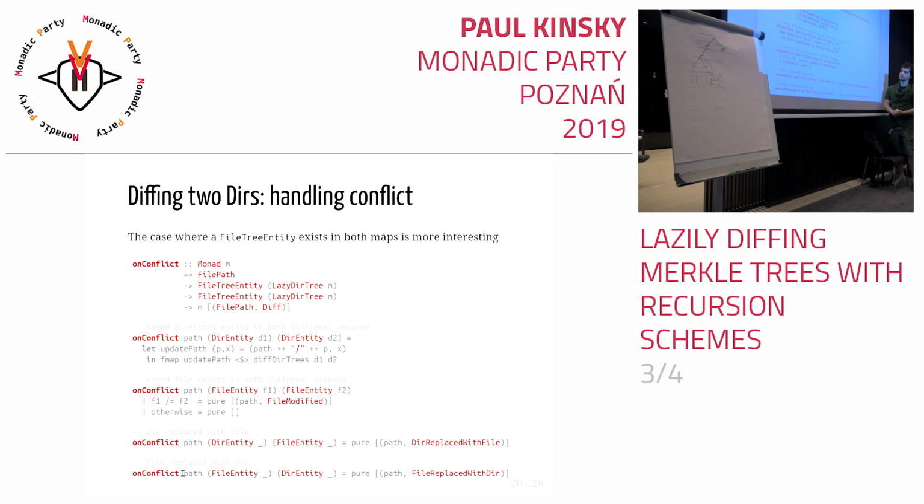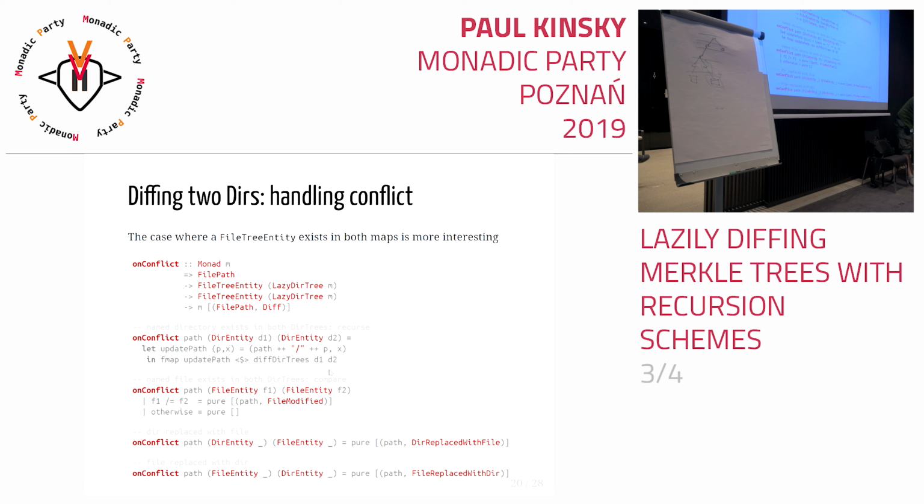Or you have, say, two file entities, and then you compare them. And in this case, this is with the simplified formulation where you actually have the file contents inline, which you wouldn't really do. But you'd do the exact same comparison between the file hashes, which allows you to only look at the directory structure and not the potentially quite large file structure. So far, this is basically just doing some pure functions, wrapping the results in pure